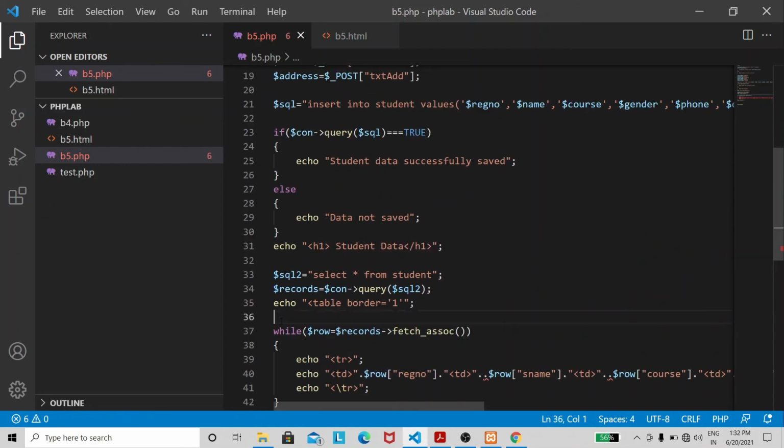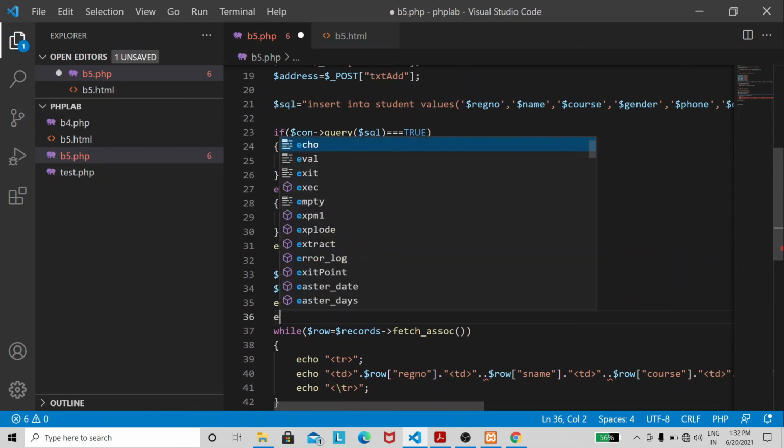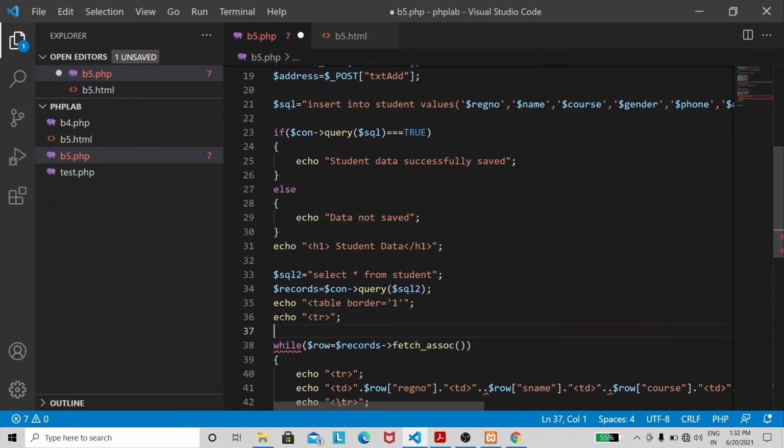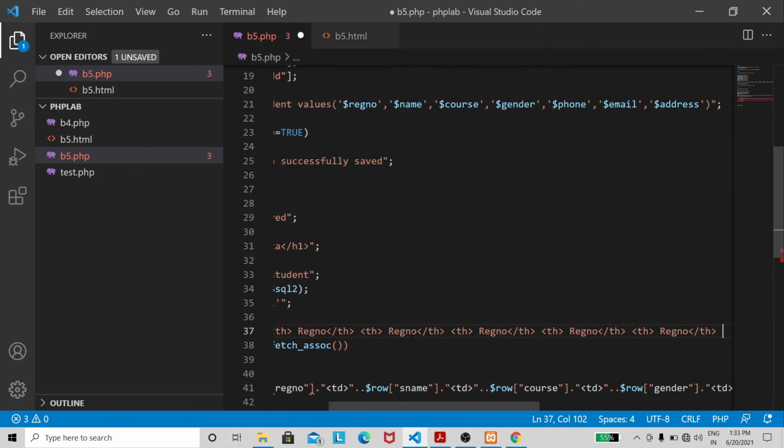Okay, here we will display the table header. Th. Okay, so first is register number, /th. I'm going to copy this 1 2 3 4 5 6.